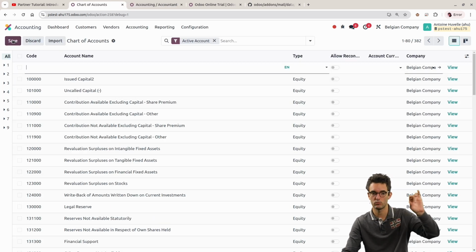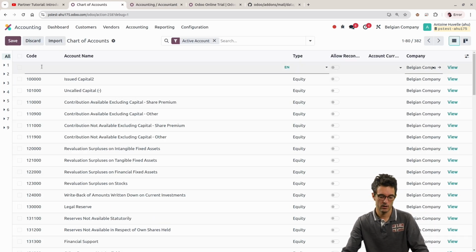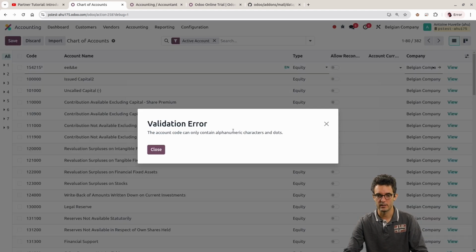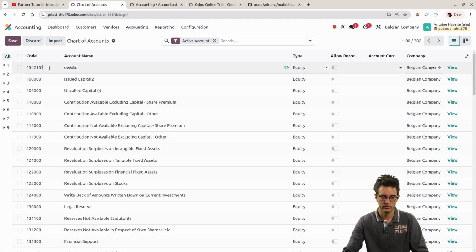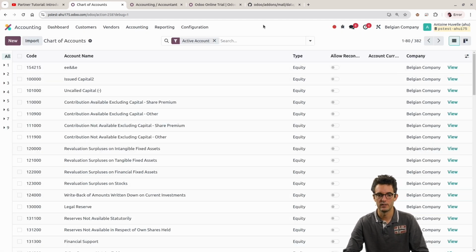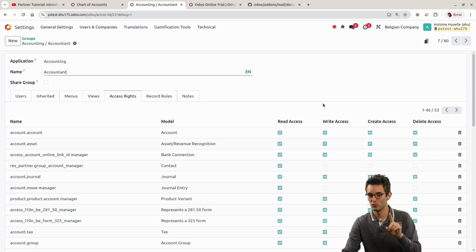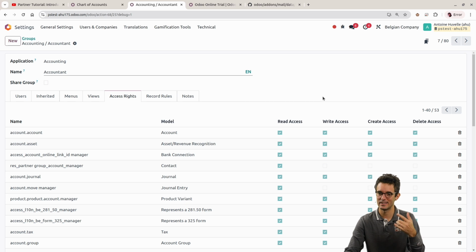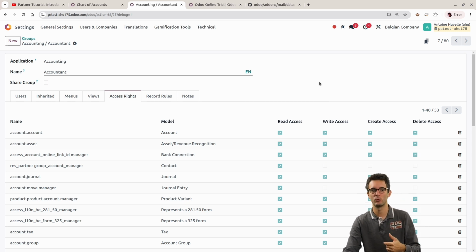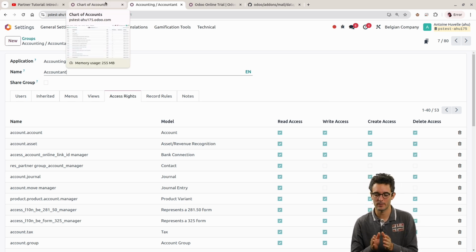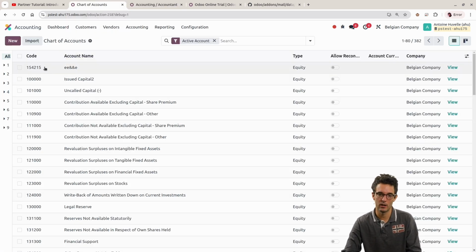By the way, you don't have access to the new button if you don't have the access right. I can say, okay, I will put, hopefully it doesn't exist, and I will say this, I don't know, yes, and then it's telling me the code is incorrect because I have here this notion. Very important. It's not because I have the access right, which we just saw now, that I can do whatever I want. There are still other controls inside Odoo telling me, hey, there are a few things that you need to take care of, like a code cannot have,